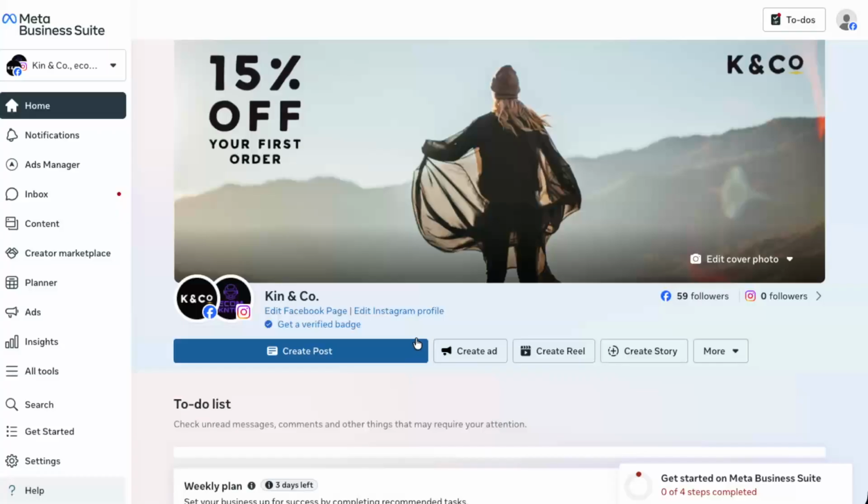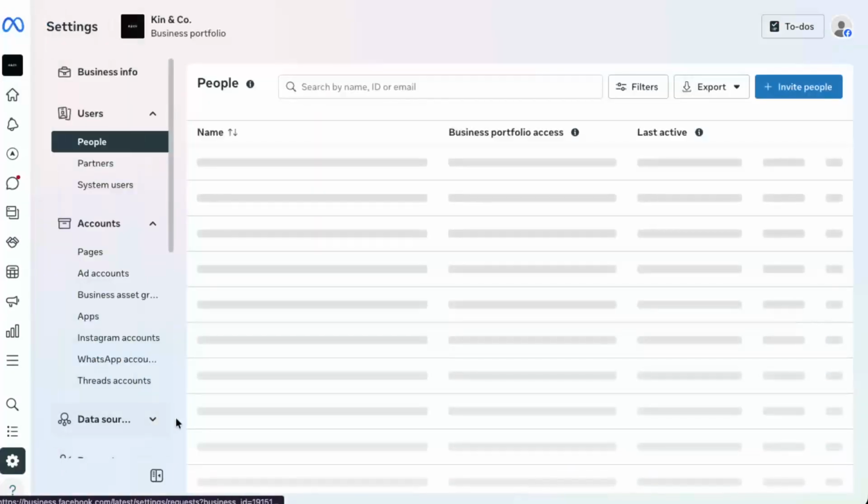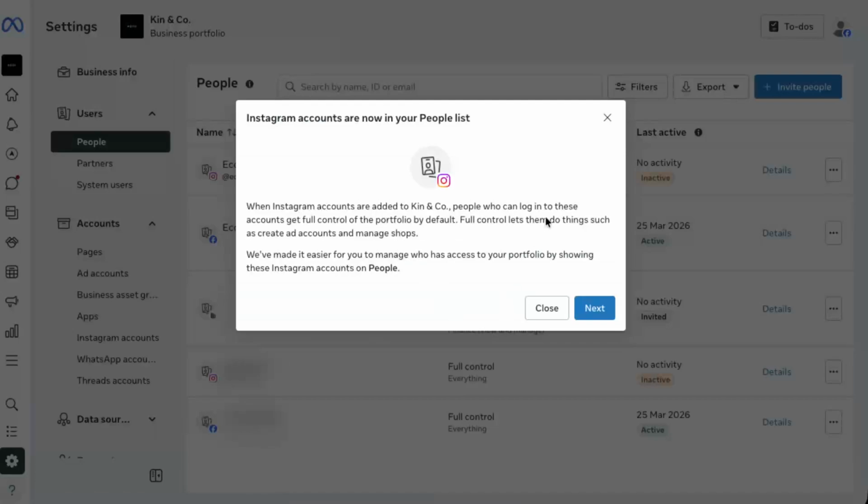Once Meta Business Suite loads, you'll land on the main home or dashboard area. From here, look towards the left-hand side of the screen. You're looking for the settings option. It's usually near the bottom of the sidebar. Go ahead and click on settings. This is where you manage all the key parts of your business assets, like pages, ad accounts, and people who